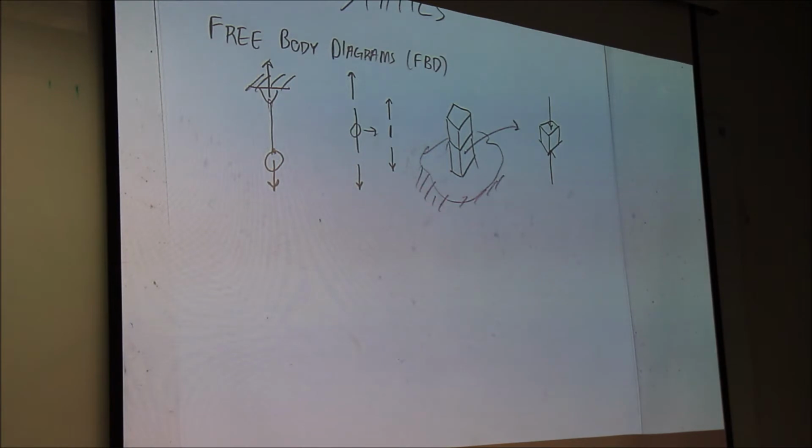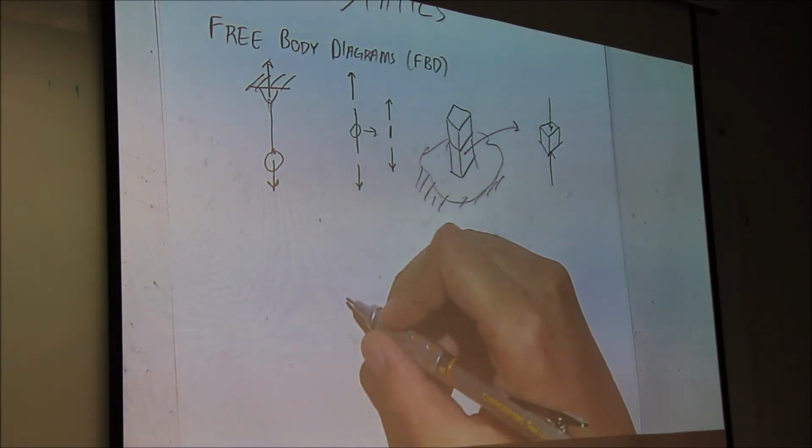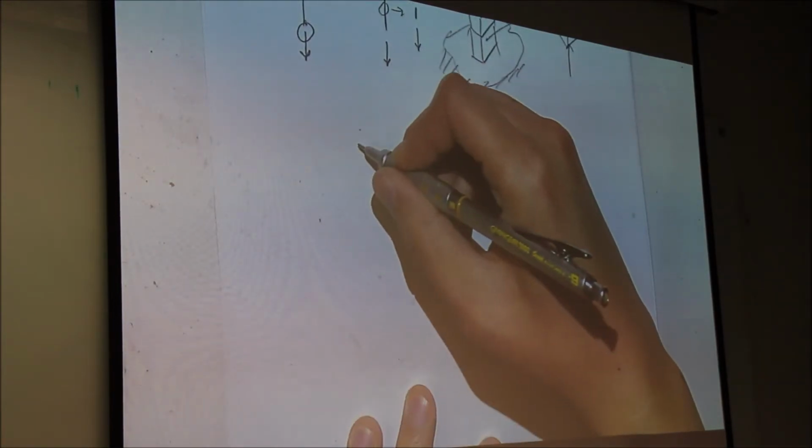So we're going to start out with a fairly simple example. We're going to start out by first looking at some simple static systems and try to figure out forces. We'll move on to moments and torques. And then I'm going to show you different boundary conditions and we'll get a feel for that. Okay? So let's start off with a fairly simple problem.